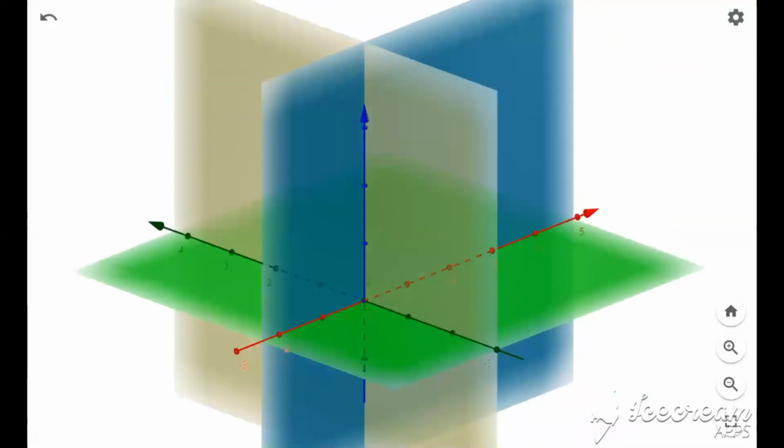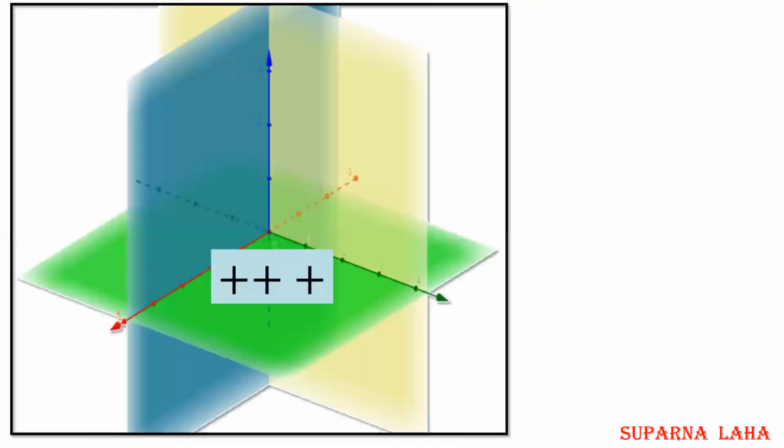Okay, and these octants have particular signs. Like when we divide 2-dimensional geometry into 4 quadrants, the first quadrant contains the positive x and positive y. Similarly, the 8 octants have different signs. Firstly, let's talk about the first floor and its 4 chambers. Look here: x coordinate is positive, y coordinate is positive, z coordinate is positive. Look at the axes: positive x axis, positive y axis, and positive z axis.